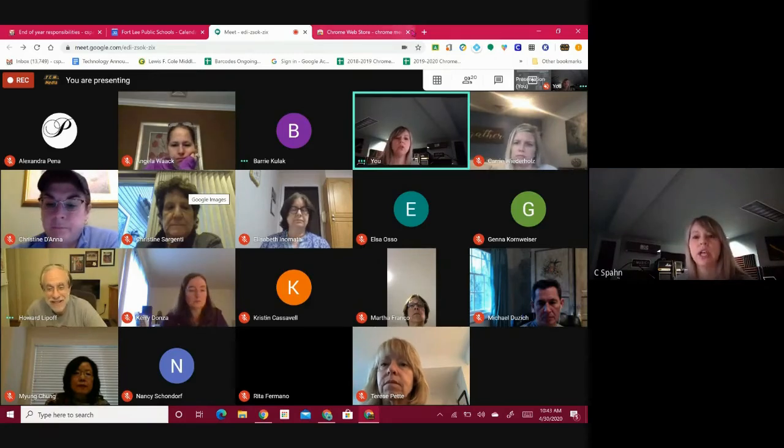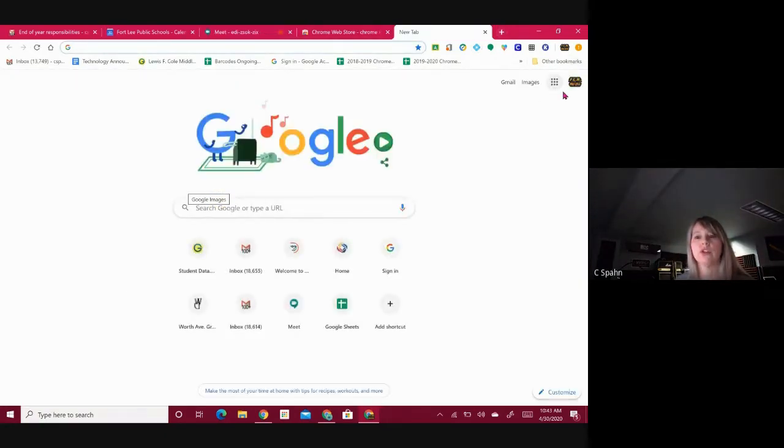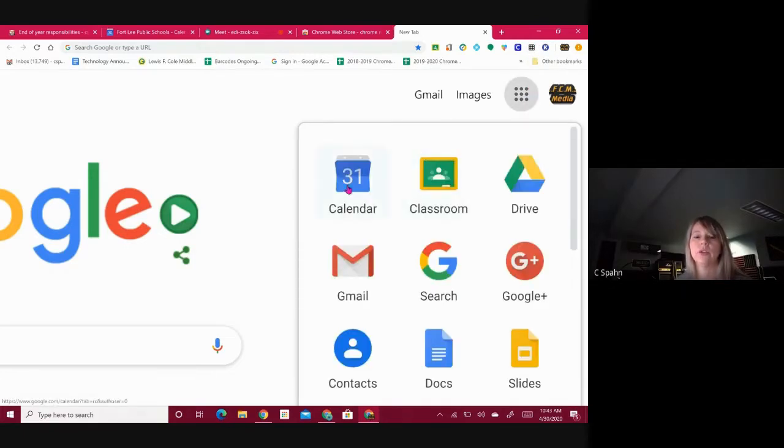So you could schedule that, and that would be by making sure you're logged into your Google account, which is your Gmail account, and you'll see your little icon. Mine is LFCMS, and then to the left of that, you'll see that I have these 9 dots, similar to the 9 dots when I did the grid view up there, but it's different. It's down here. I'm going to click, and then I go to calendar,